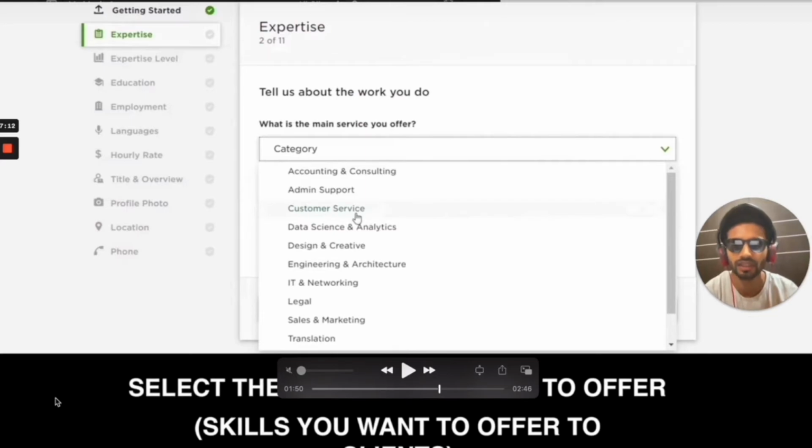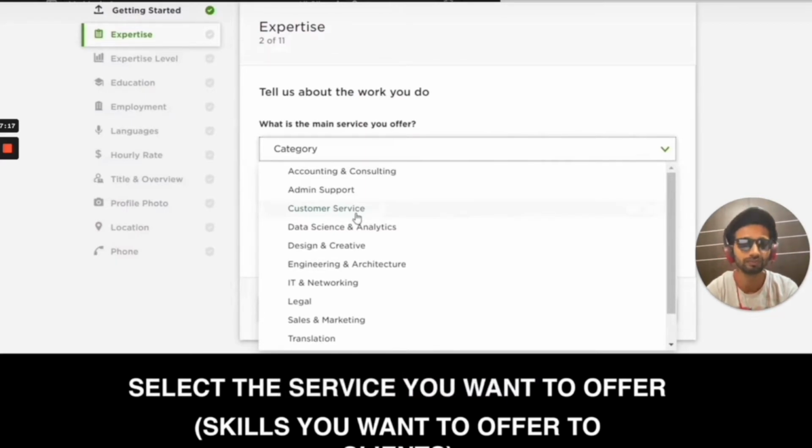In the expertise section, you need to check what services you want to offer to your clients. So always select the expertise in which you are 100% confident that you are able to provide those services with top quality work.